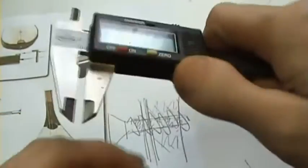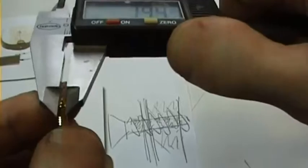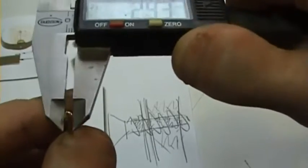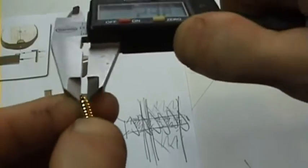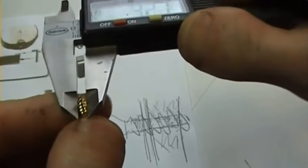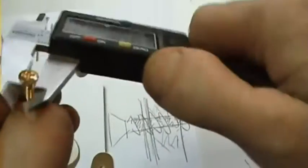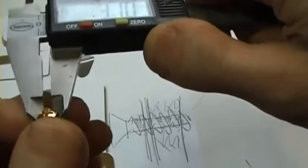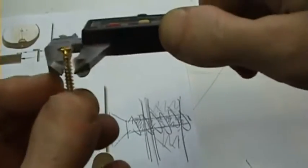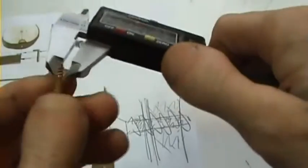In this example, just reset my caliper. This example looks like 1.8. It's quite hard to measure in the gaps really. And we know that that's nearly 3 millimeters. But I know a 3 millimeter hole in this one would just be too loose. So we're going to have to make it somewhere between 1.9 and...